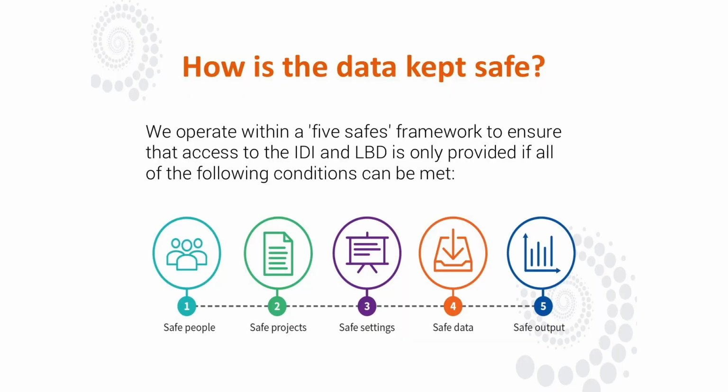2, researchers need the ability to be able to really get in and use the data to get the best insights they can. And 3, safe data works really closely with safe outputs, where before any outputs are released from the virtual private network or the data lab environment, the confidentiality rules, which we stipulate, and they're all available on our website, need to be applied to the data, and we make checks to make sure that they've been applied appropriately. So before any data leaves our environment, it is confidentialised to protect privacy.